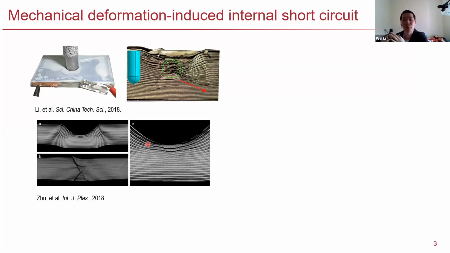Of course, a better way is to do a CT scan. Here shows the CT scan of 2 different loading cases. From this case, we can see some localized deformation and fracture. And for this case, which is a different loading case, we can see a through thickness failure. In these kinds of fracture patterns, the separator will fail, and then there is a very high possibility that the anode and cathode will be in contact, and this will lead to the internal short circuit.